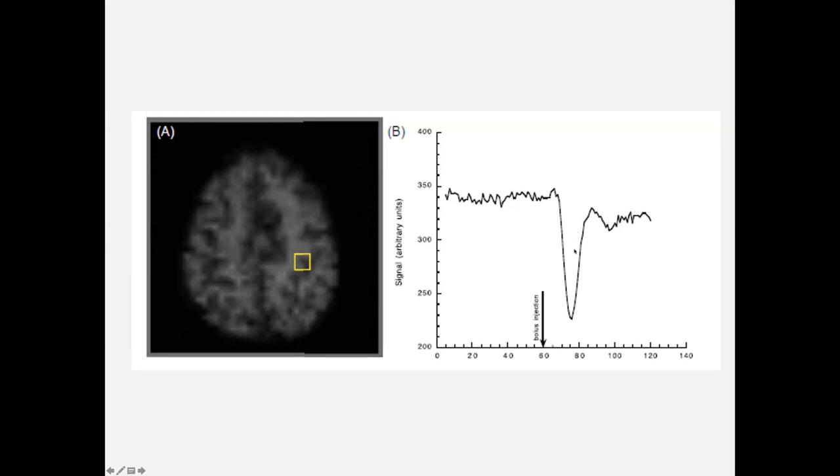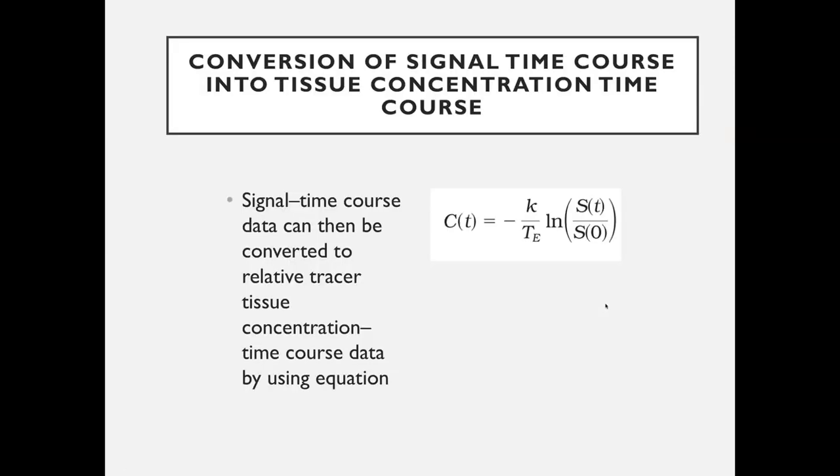Now what we are doing with this? Can we use this information for obtaining our CBV, CBF and MTT? Yes, we can. How can we do it? We can convert that signal intensity change into a concentration time course. That means by applying a mathematical equation, the signal intensity change gives us the concentration of that tracer in that volume of interest. This is entirely mathematical. We just need to know that we have an equation which changes signal intensity change into concentration of that tracer in a volume of interest.